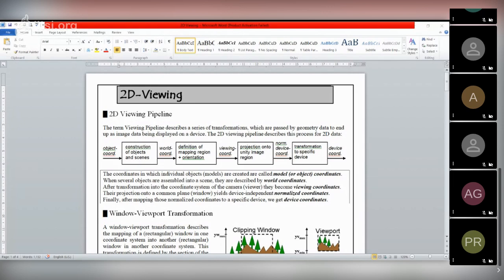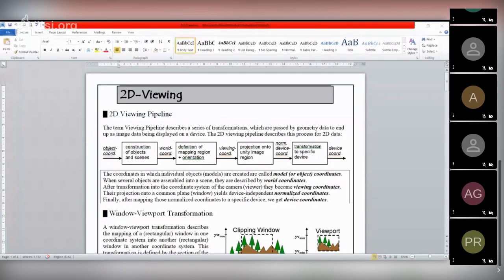That means each object should be described by its corresponding coordinate, called the world coordinate. Then the definition of the mapping region and orientation. That means after the objects are described by their respective coordinates, we have to define the mapping region or orientation and where we should focus.